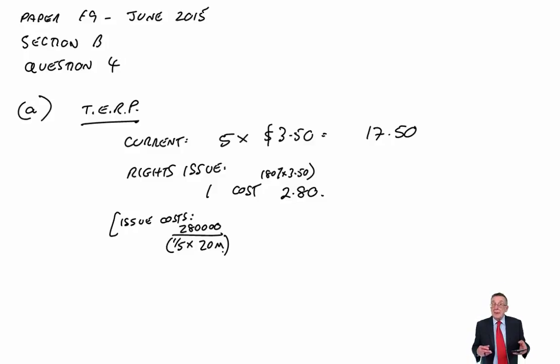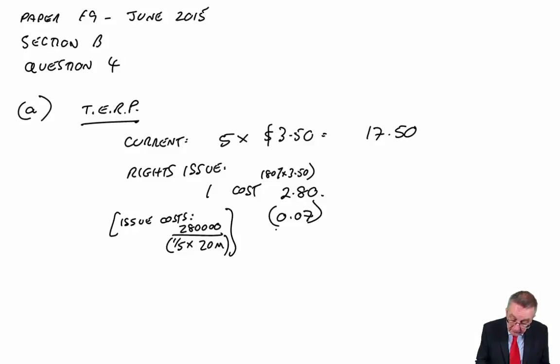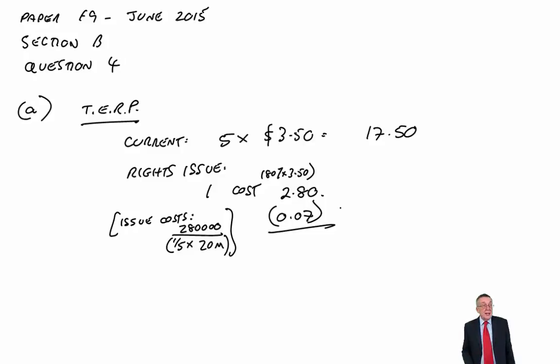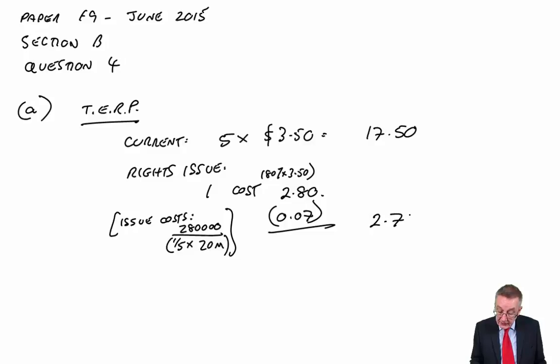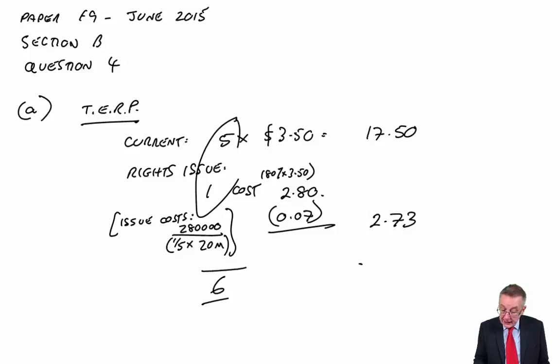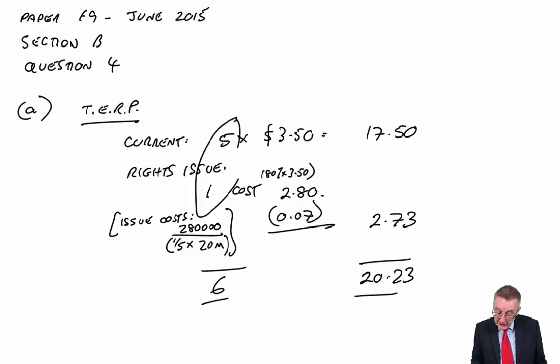So for a 1 for 5 rights issue, there's 4 million new shares. For every share, the issue costs 280,000 divided by 4 million is 7 pence. And so the actual increase in the value for this shareholder, the one extra share, will be $2.73. And so they'd end up with a total of 6 shares with theoretically a total value of 19.23, I think,